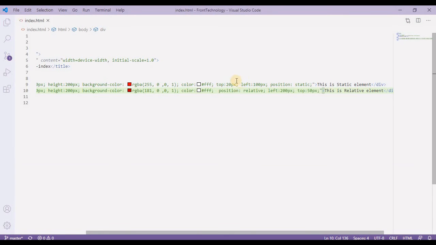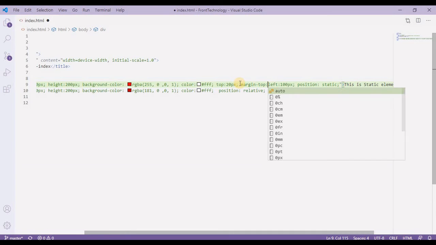So it calculates the last element's or the previous element's height, and also including the top value of this previous element. It can be margin top also. Let's provide margin top and check how this is behaving. I am providing margin top with 100 pixel.